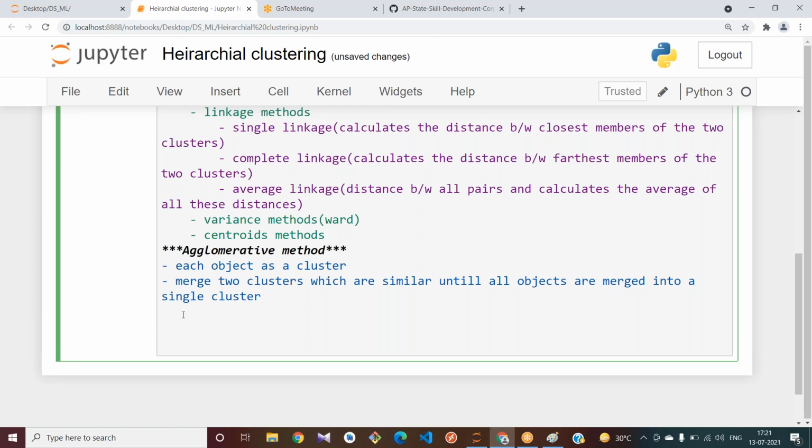And what is the procedure we follow in the divisive method? What is the first assumption we take in the divisive method? All of you please respond to me in the chat box.